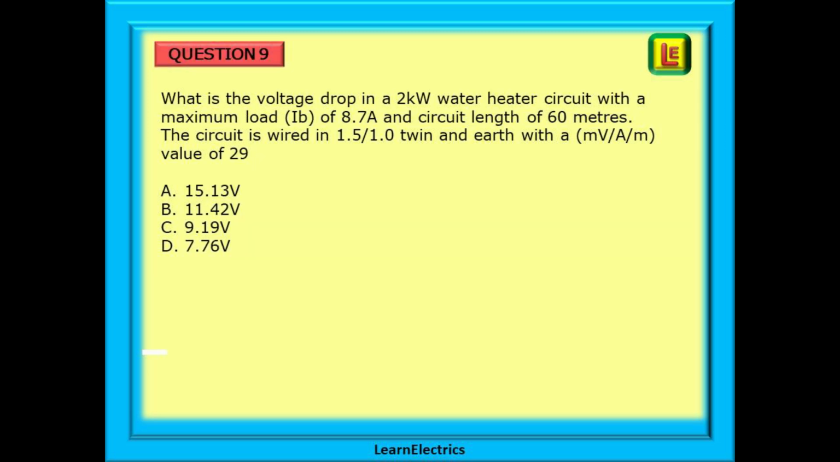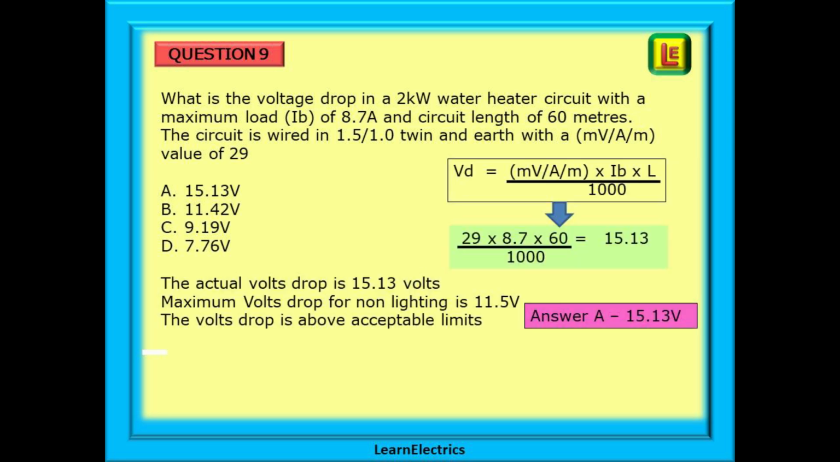Now question 9. What is the voltage drop in a 2 kilowatt water heater circuit with a maximum load, or IB, of 8.7 amps and a circuit length of 60 meters? The circuit is wired in 1.5 1mm twin and earth with an MVAM value of 29. Pause the video again. Our answer is found by 29 times 8.7 times 60 and dividing by 1000, and this